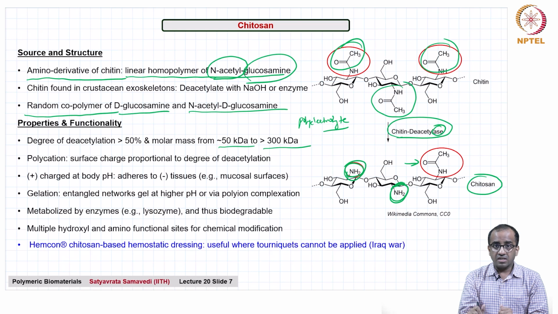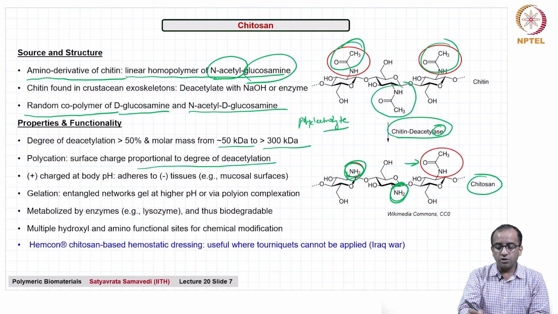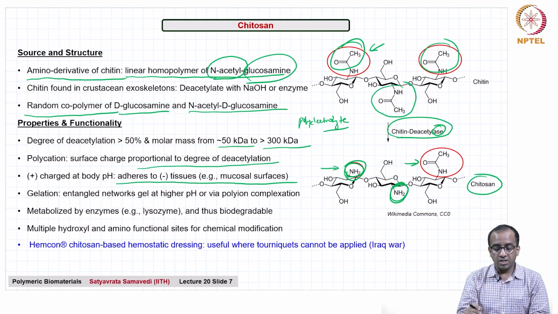So, the surface charge that you get because of the primary amines, which can get protonated, is obviously proportional to the degree of deacetylation, because you see that cannot happen with this, can only happen with these kinds of groups. And this at body pH is positively charged, which means it now has adherence ability to negatively charged tissues, such as mucosal surfaces. Sometimes these are also called mucoadhesive